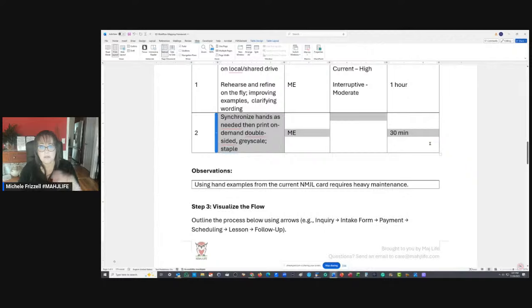I would order on Staples, and I would have them do the print job, and I would do like 3 months of printing at once. And then I would just use them up and share in class any updates and have them take notes on it. And that way you don't have to do the stapling and collating and all that kind of stuff. If you do a print order through Staples and have them print double-sided, grayscale, and staple, all you got to do is go get it and come home.